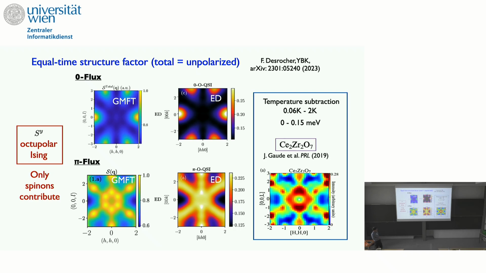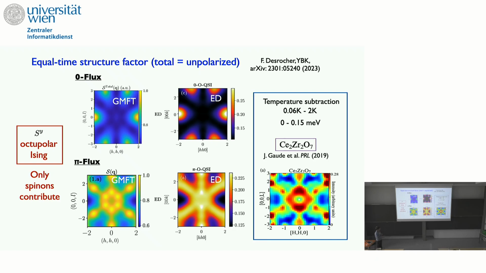You can see in the static structure factor in the HHL scattering plane the modulation of the intensity around this rod-like structure, and that's very similar to the experimental result. On the other hand, the structure factor from the zero-flux state is very different. So this already tells you that what Bruce sees here is very likely to be a pi-flux quantum spin ice state, and that's consistent with Bruce's